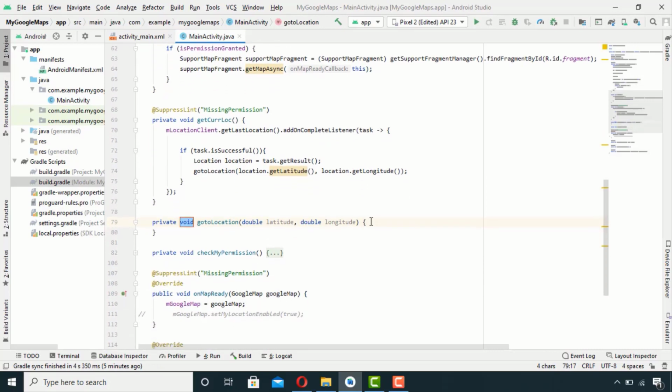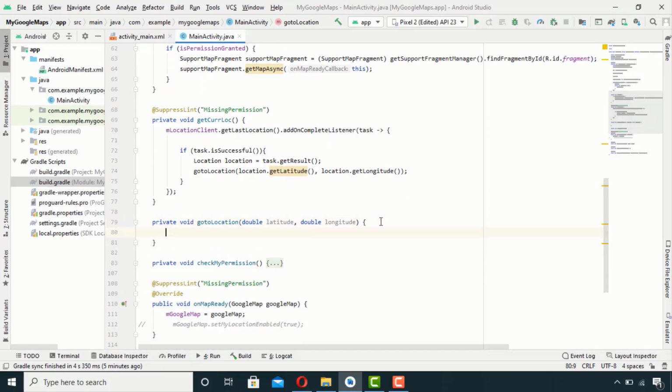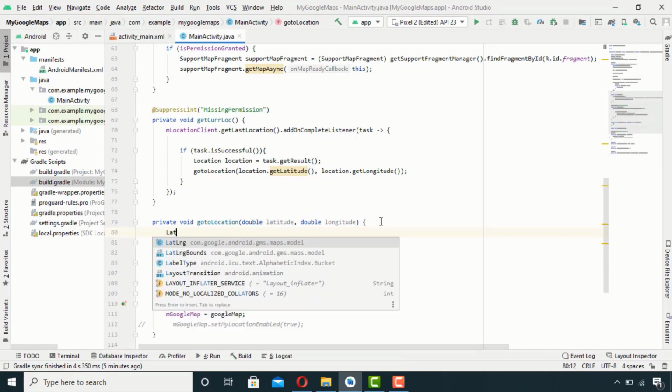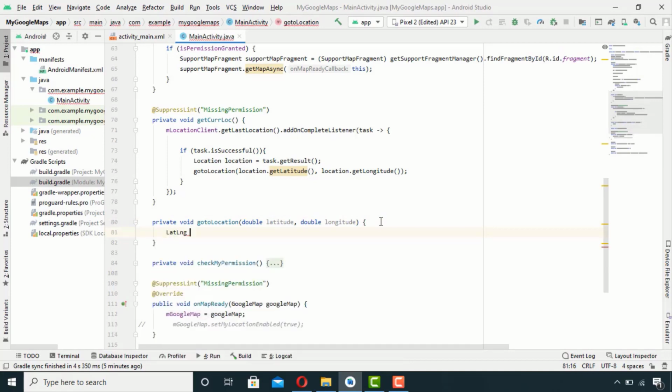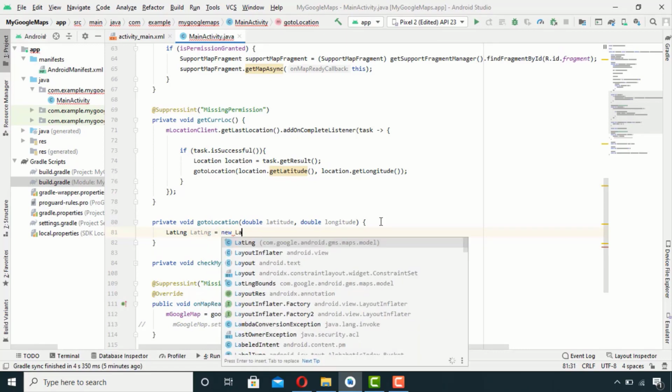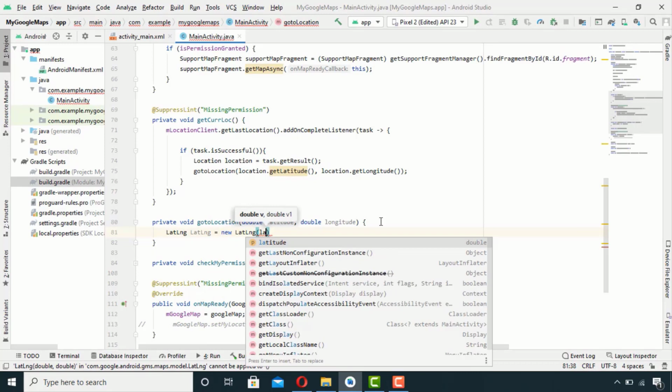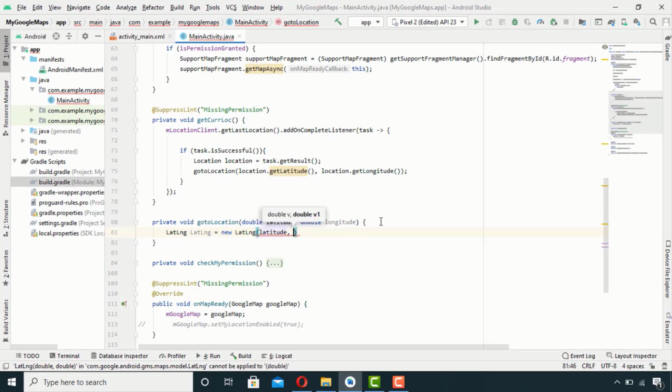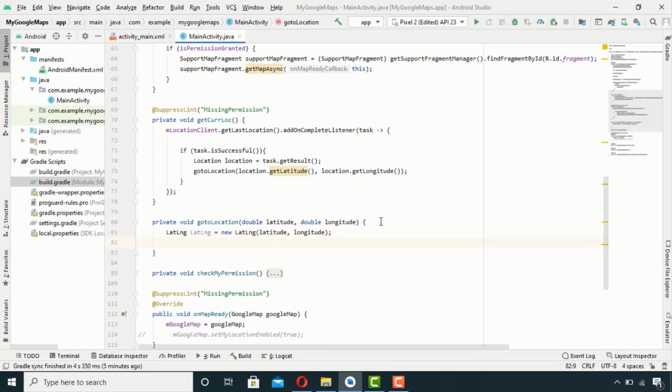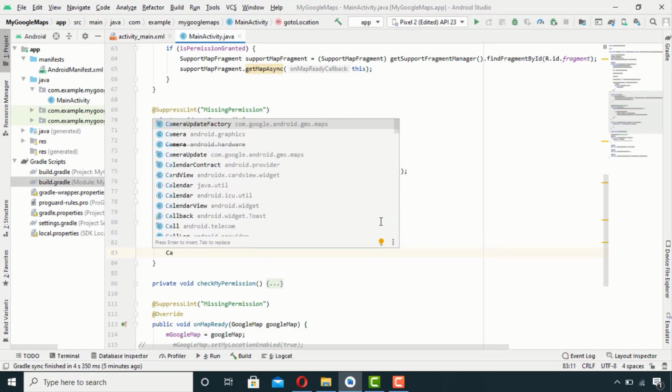And in between this method I will create an object of LatLng. And then I will set my camera on it.